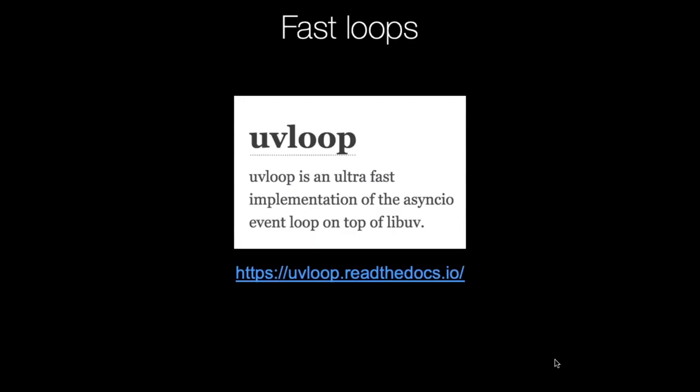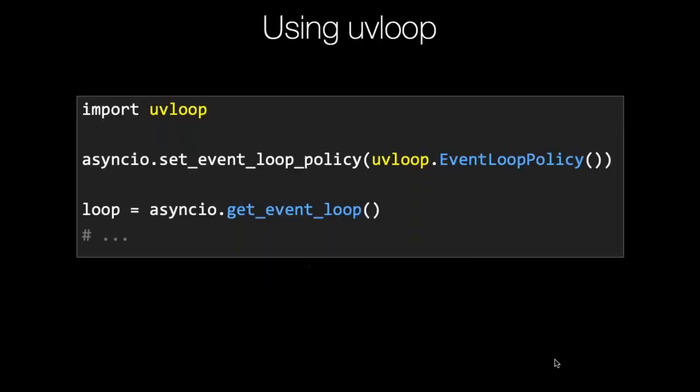We talked about uvloop. uvloop is a faster implementation. They say ultra fast, but 4x. What does that mean to you in terms of ultra? Anyway, it's very nice. It's super easy to use, as long as you can get uvloop to install on your system. It may work on Windows now. Last time I tried, it didn't, but who knows?